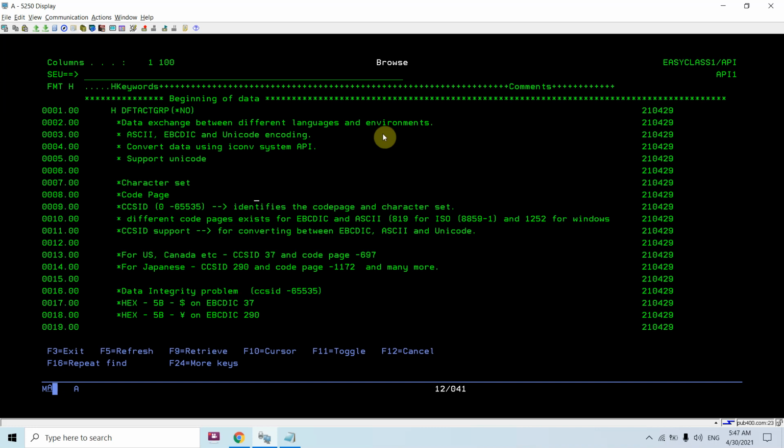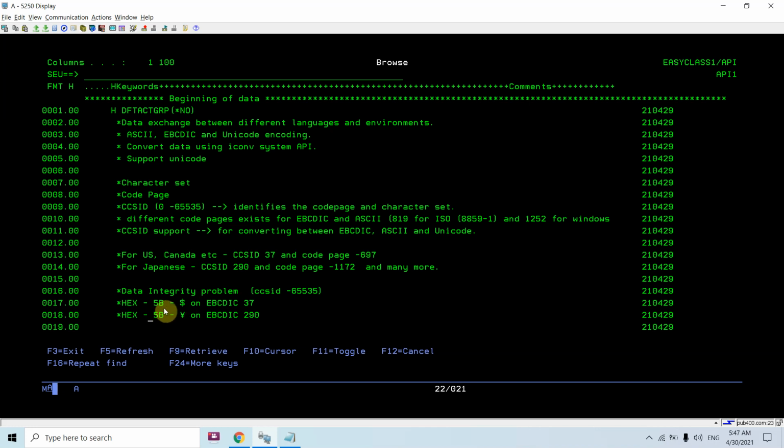Basically, for example, let's take dollar. If the hex value of dollar is 5B on EBCDIC 37, that is on the English machine like US or Canada, and on the Japanese machine, EBCDIC 290, we can see that the same hex value represents a different character.